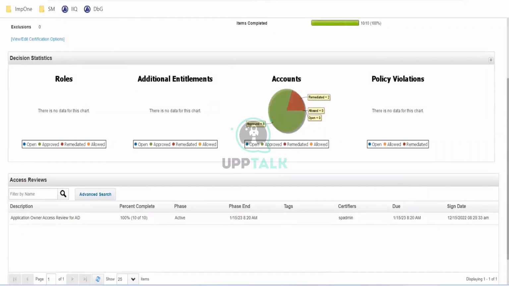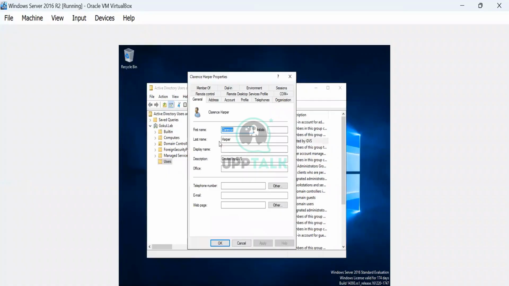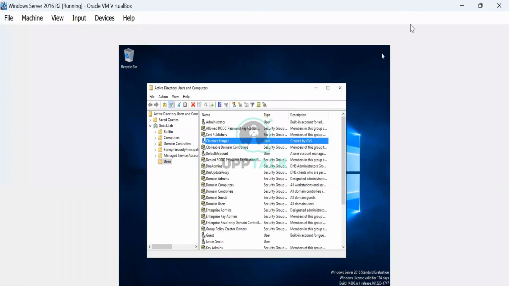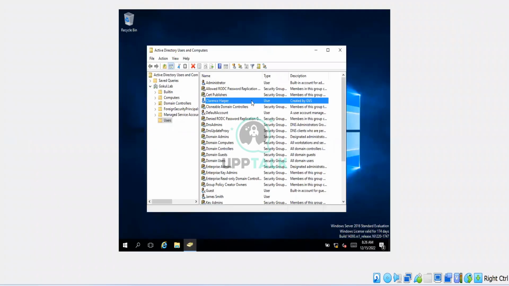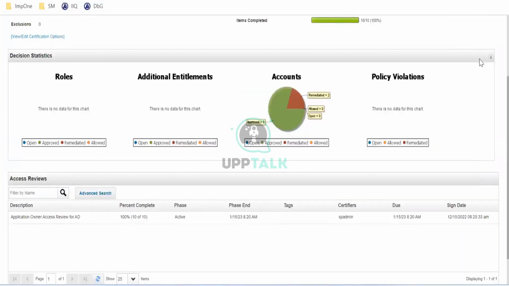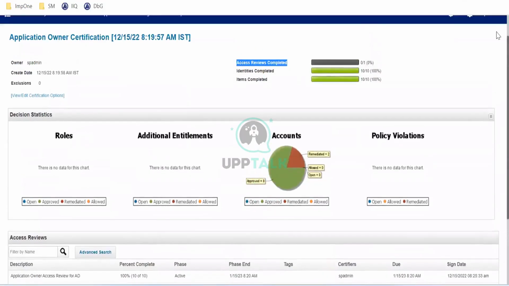Right now we can check. I just want to know, does it really work before the job or not? Before the job, it won't work. The account is still present here. Clearance offer. Oh, it's going to be removing the account altogether from the directory. I have done it yesterday.